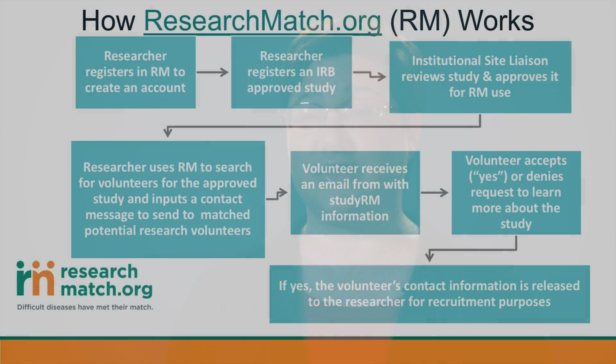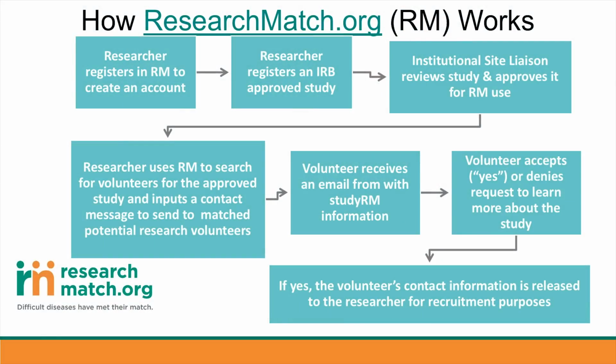So how it works is a researcher will register an account in researchmatch.org, and they will then set up their study, and they'll put in information about their study and have what's called a contact message entered, which is just basic information about the study that the volunteer would need to know to decide whether they would want to participate in the study. All the studies that use Research Match need to be IRB approved,